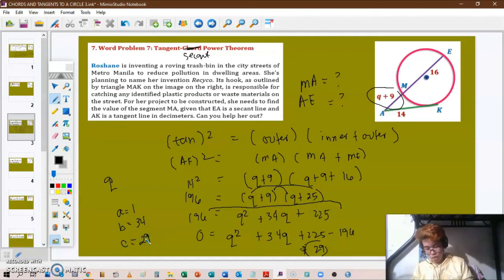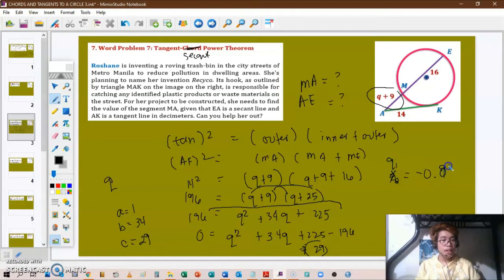So let's try to use our calculator here. We have A equal to 1, B equal to 34, and C equal to 29. For our first value, we have x sub 1 equal to negative 0.9. So this is going to be Q sub 1 equal to negative 0.88. And the second value for Q, Q sub 2, is going to be equal to